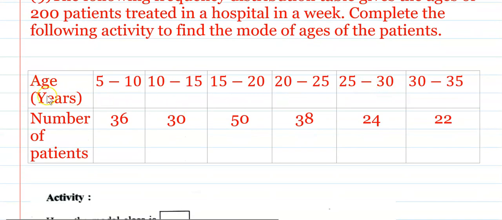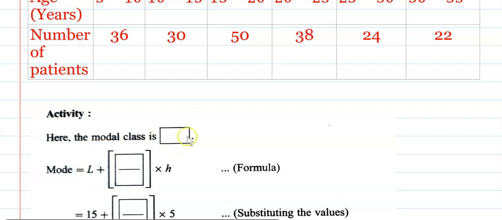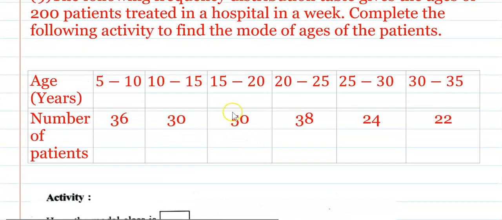Age in years 5 to 10, number of patients 36. 10 to 15, 30. 15 to 20, 50. 20 to 25, 38. 25 to 30, 24. 30 to 35, 22. Now the activity. For the modal class,